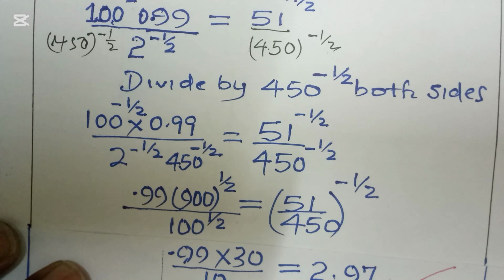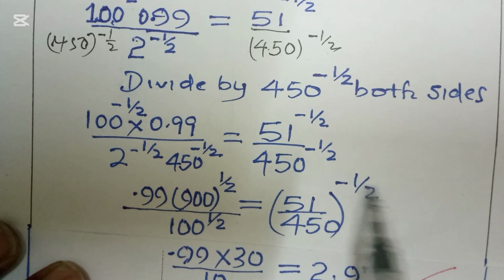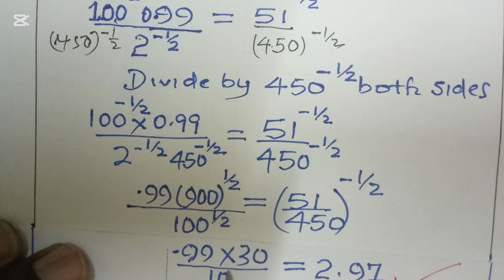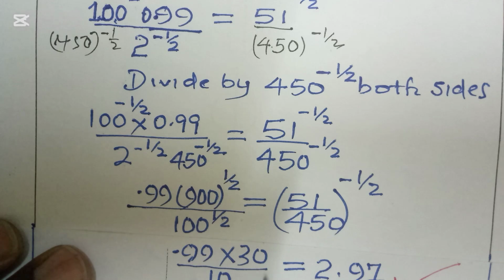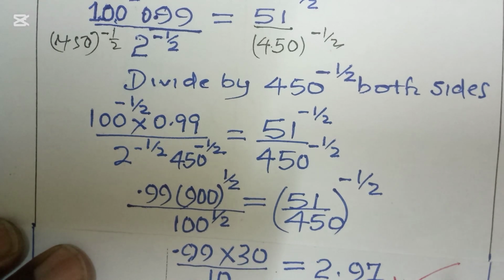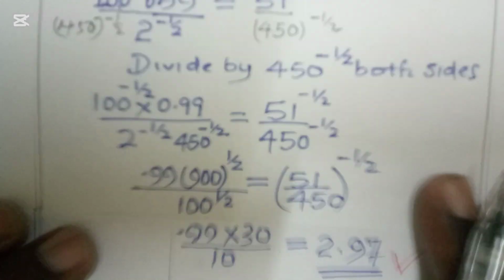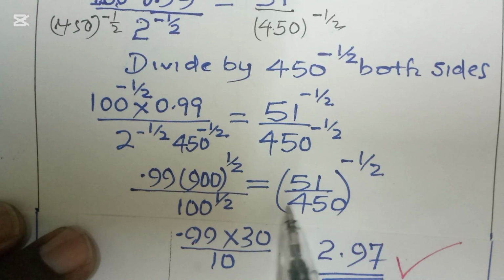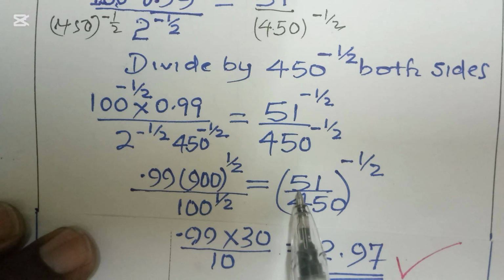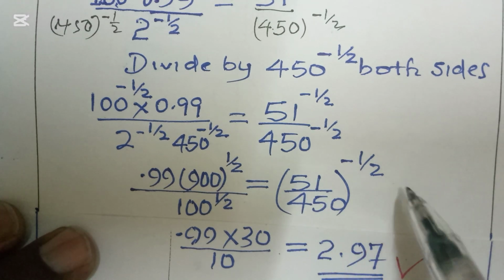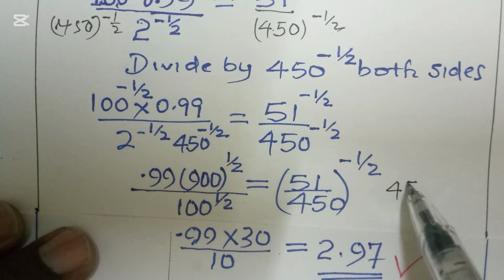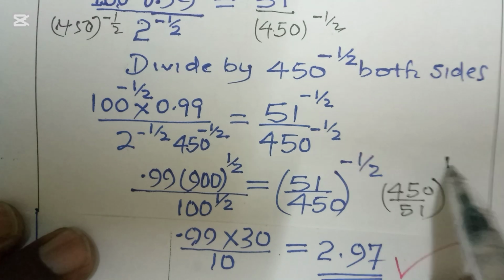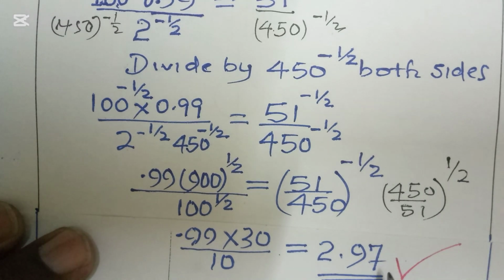And this other side, this is what now we require to find. So we don't tamper with that, we leave it stay like that. So once we do that, we now come with a calculator and calculate that. So when you calculate that, guys, our solution then is going to be 2.97. So this 2.97 is equal to 450, the way it was written before, all over 51 raised to a half. This gives us now